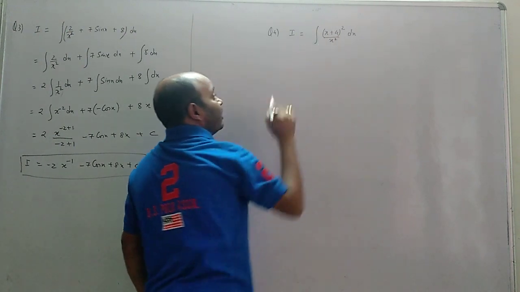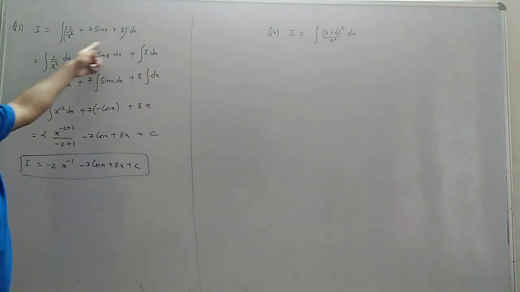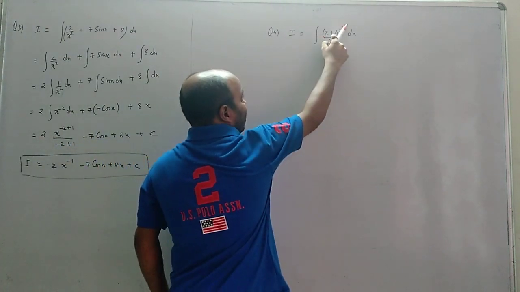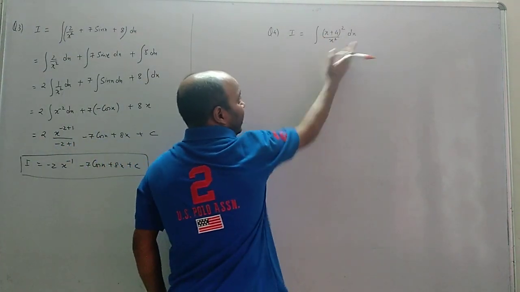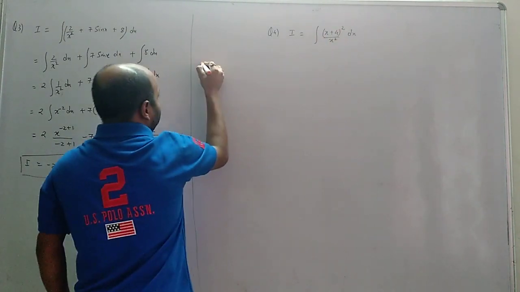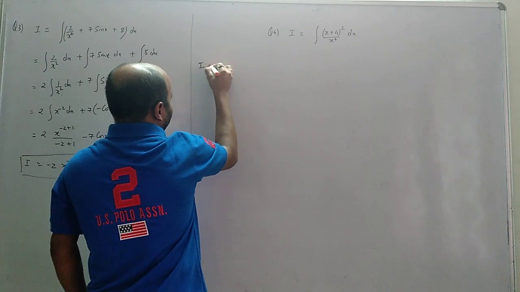फॉर्मूला में नहीं. Okay, ना ही इसको मैं अलग अलग कर सकता हूं. We cannot segregate. Can we segregate this? This x plus 4 whole square, ना? We cannot segregate the integration. So what's your job? This whole square is creating problem. So your first job is remove the whole square.